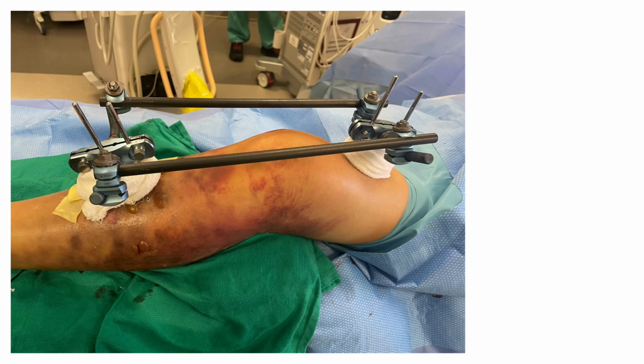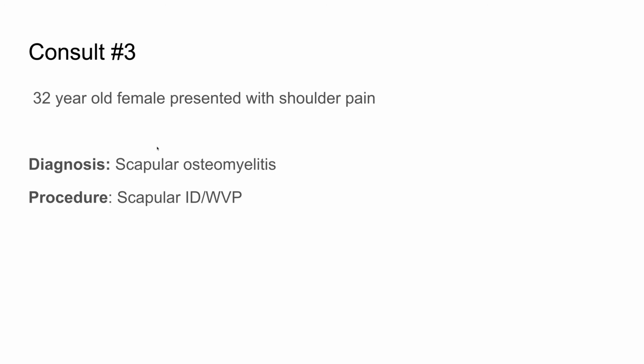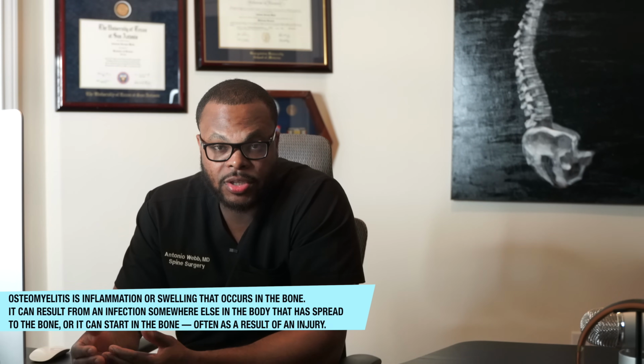The next patient was a female, not the healthiest patient. She presented with shoulder pain, and she had an infection in her foot. She had an amputation before. She's an uncontrolled diabetic. So the diagnosis was scapular osteomyelitis. I had never seen an infection inside the bone like this. That's what osteomyelitis is, infection inside the bone